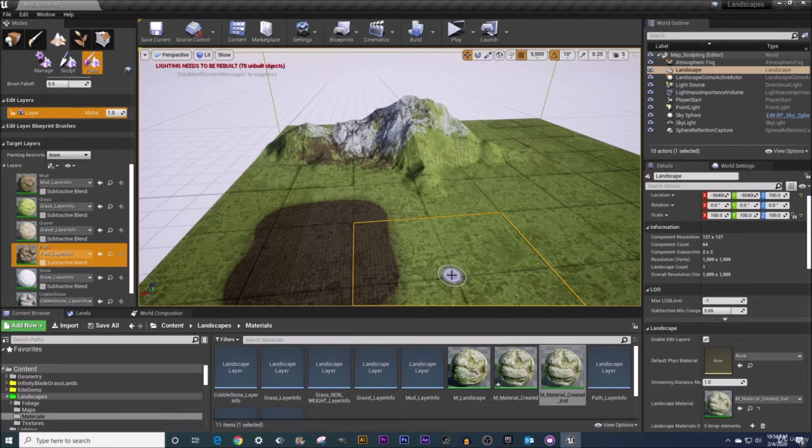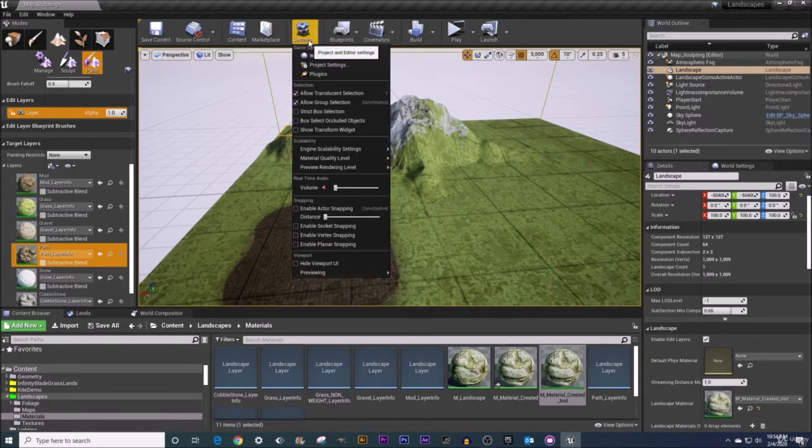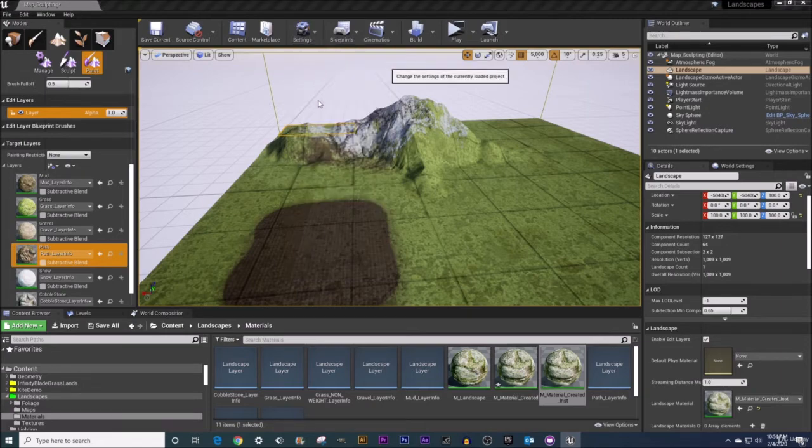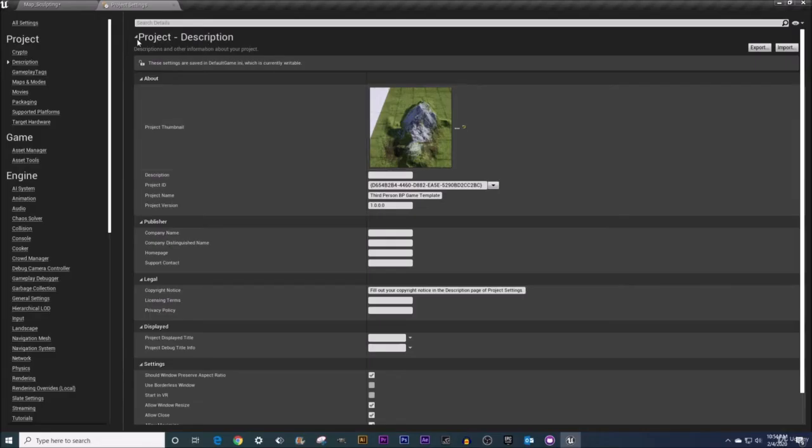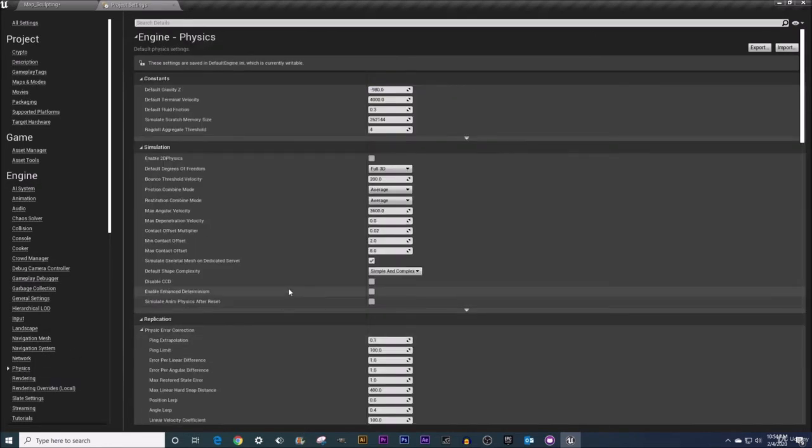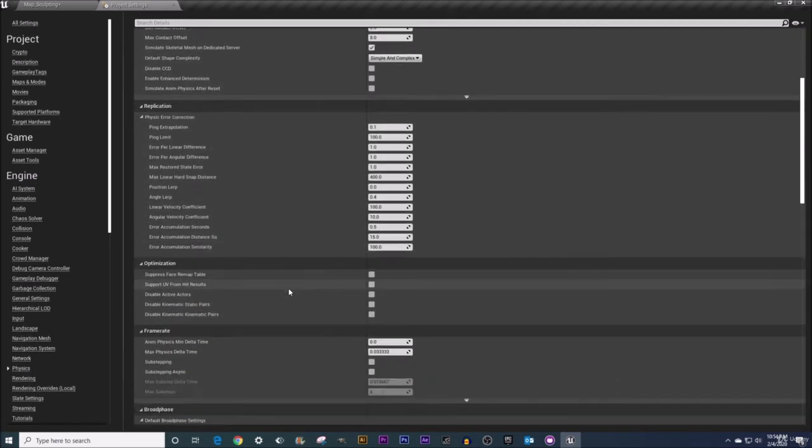Now, where do we create these surface types that you're talking about, Mr. Wandra? Well, these are done in your project settings. So right across the top of your toolbar here in the editor, you've got your settings. There is the project settings. And along the left-hand side, you're going to navigate to a part called Physics under the Engine category. There we go, Physics. And if I scroll down a little ways,